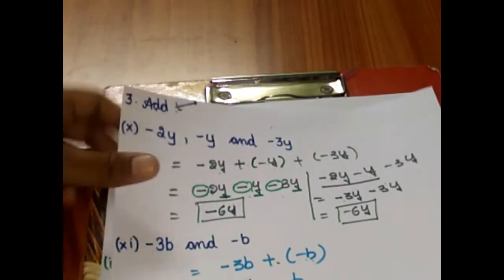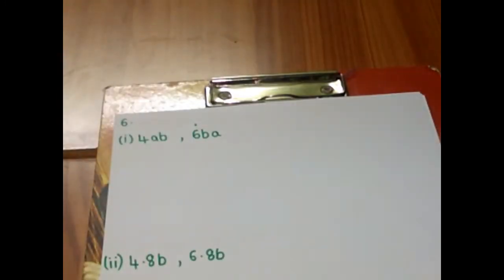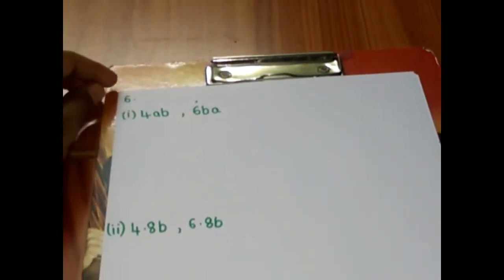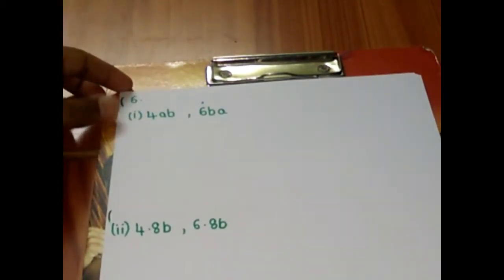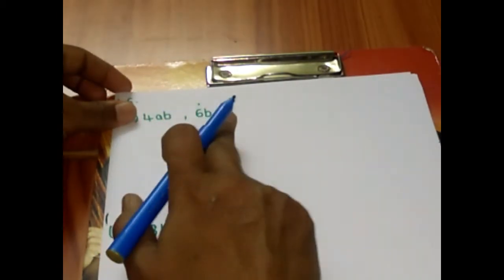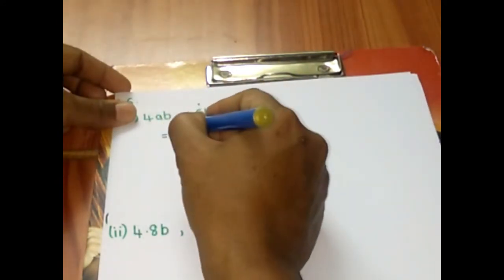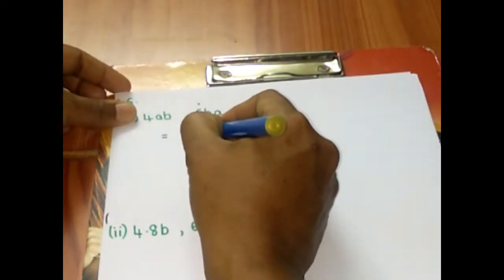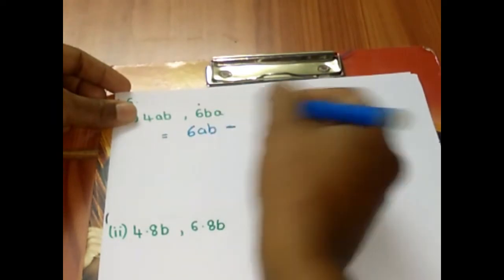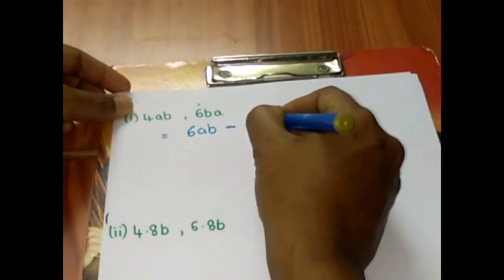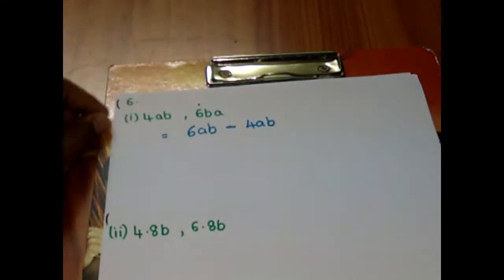Let's move on to the next main, that is sixth main. Go through your textbook, children. Read the heading carefully. Subtract the first term from the second. So till now we were with addition. Let's move on to the subtraction now. Subtract the first term from the second. So as it is asked from the second, while writing, I need to represent the second term first, then the minus sign followed by the first term. So make this point very clear.